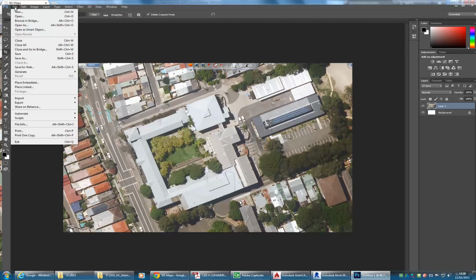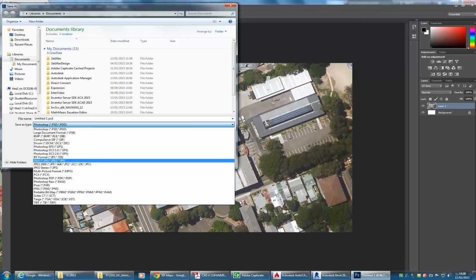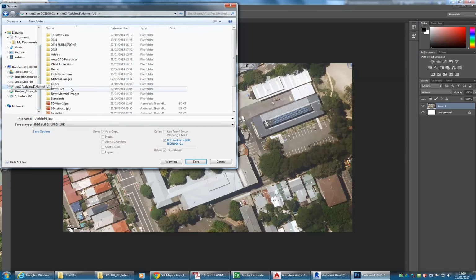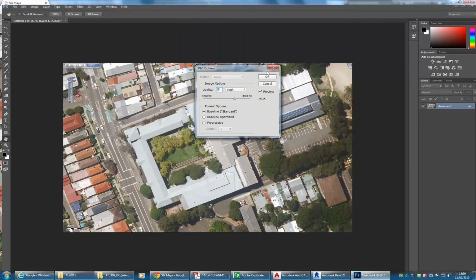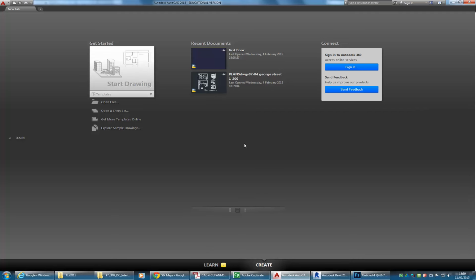But the main thing in Photoshop is that you save that image. So I'm going to use Save As, and then JPEG would be fine. And save it into my folder. I'll call it DCE satellite. Or it's called Site Photo. And just the defaults here is fine. Okay, so I've captured that image, and then in AutoCAD,